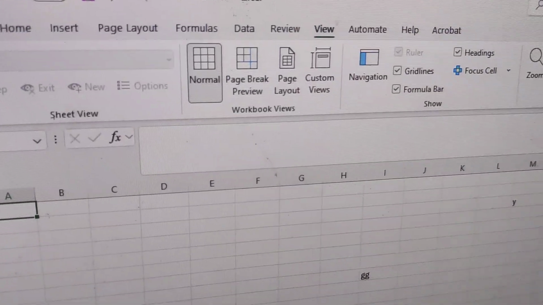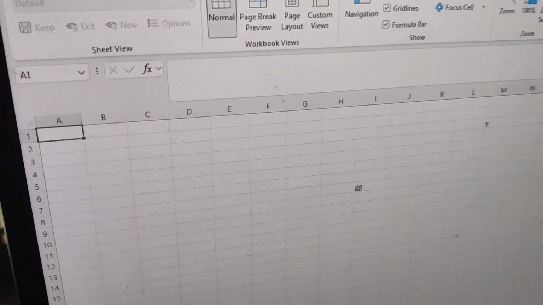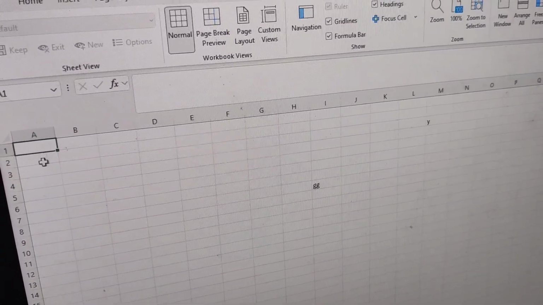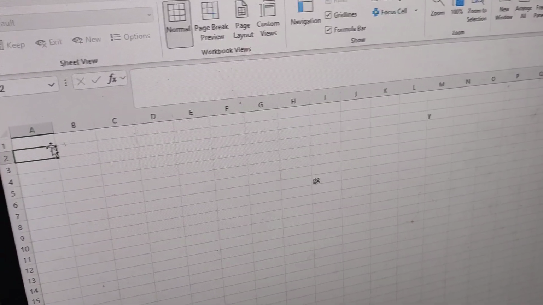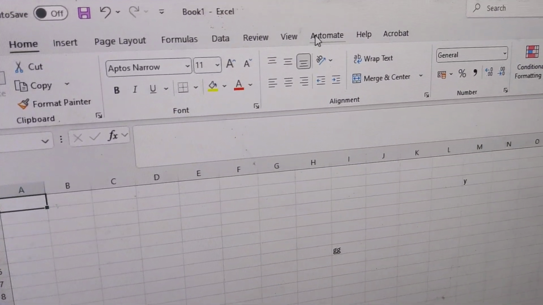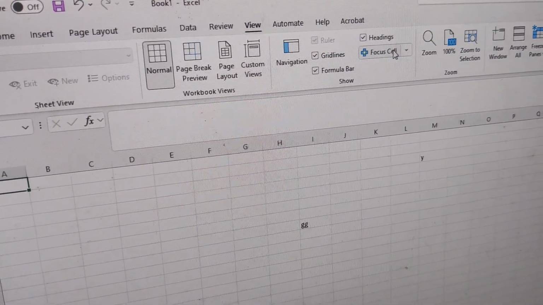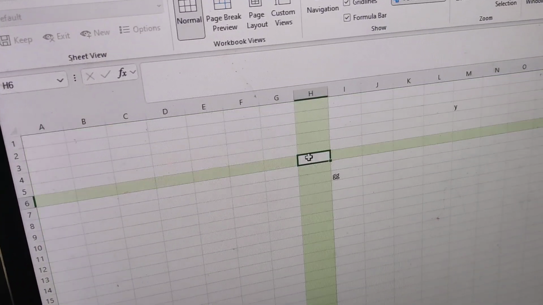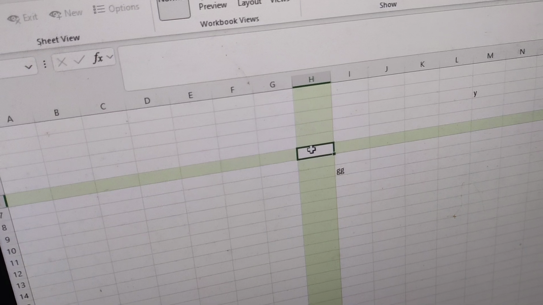So I'm in a Microsoft Excel page, and suppose I want to select the row or column I am working in. The focus cell feature is there. I must simply click View here, and from the View, if you click this Focus Cell, it will be highlighted. For example, I am working in this cell, then I'm typing F here, or you can type